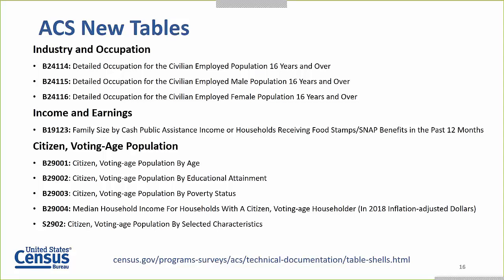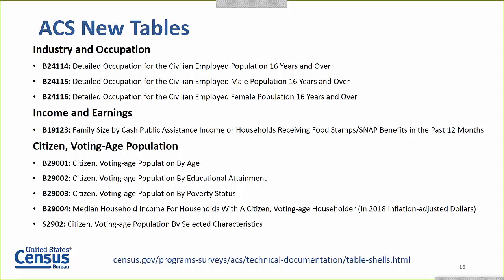This year we have 9 new tables covering industry and occupation, income and earnings, and the citizen voting age population. For industry and occupation, for the first time this year, data users can access detailed occupation for the civilian employed population that includes both full-time and part-time workers. Previously, our tables only showed detailed occupation for full-time year-round workers. These tables are available at the national level only. For income and earnings, we have a new table,